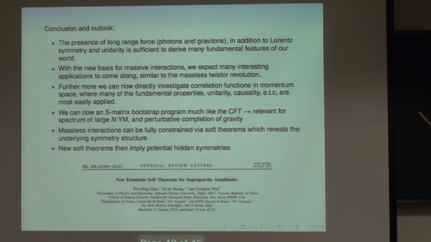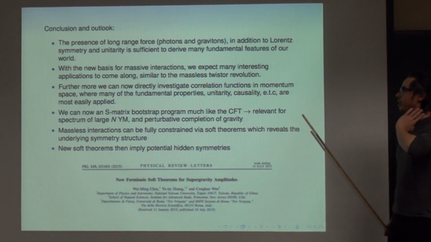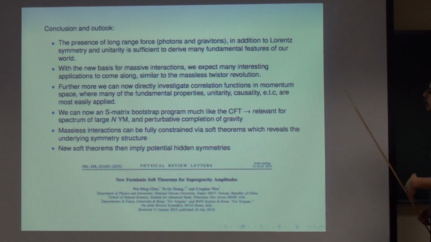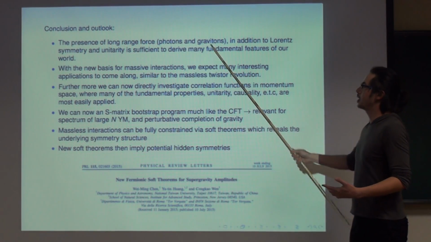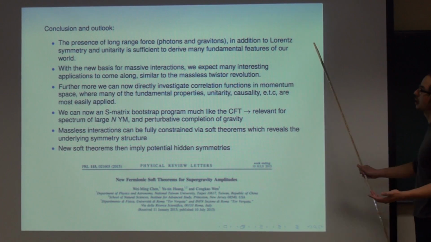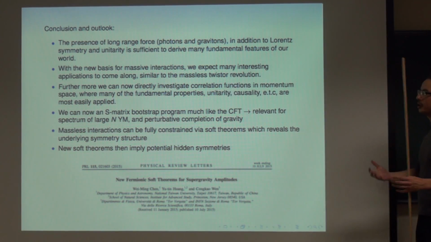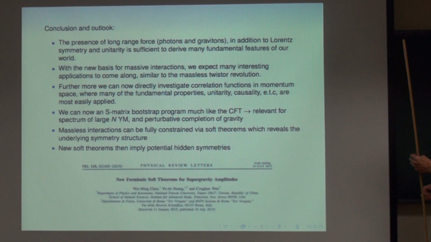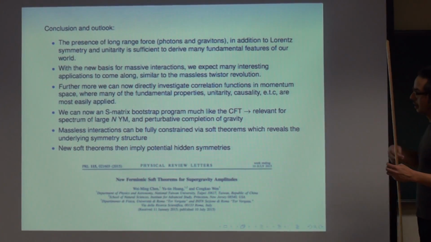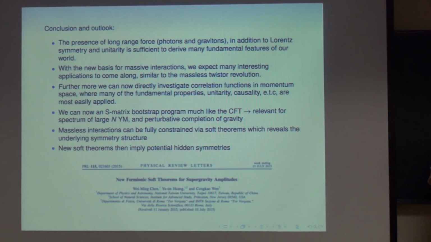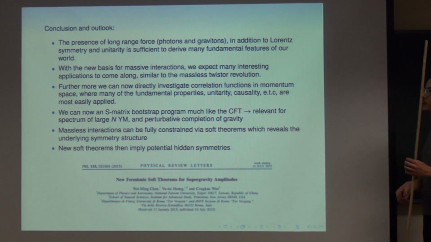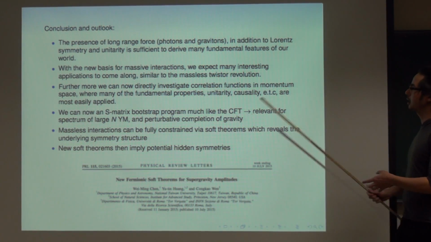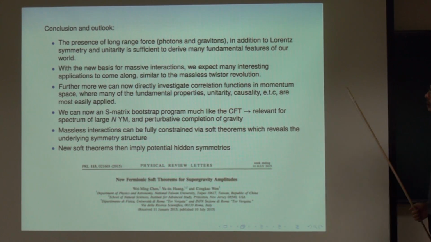So I think it's about time to reach my conclusion. In this talk, I hope that at least certain aspects were conveyed. First of all, the presence of long-range forces, which are photons and gravitons, in addition to Lorentz symmetry and unitarity, is actually sufficient to tell us why our world looks that way in many senses. For example, why the fundamental particles are only at these particular spins, and so forth. And in proving this, we introduce a very convenient way to parameterize massive interactions. And we expect that there are going to be many more interesting applications besides the ones that I've just mentioned. And perhaps, hopefully, there will be similar